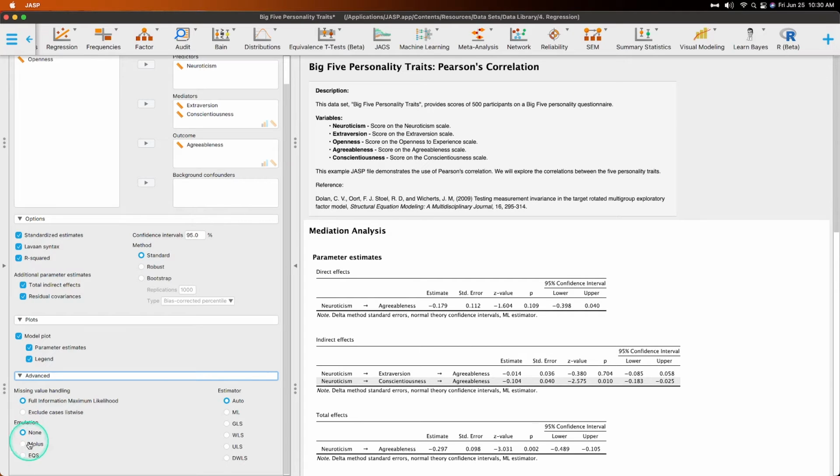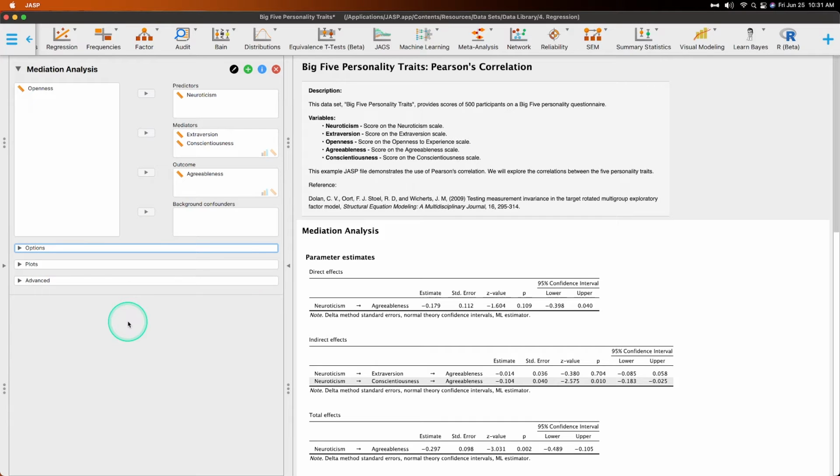You can emulate, although I think these emulation modes are best used for SEM as opposed to mediation models. And then you can use one of these particular estimators if you wanted to. Auto, as you can see, will probably default to maximum likelihood, but you can use generalized least squares, weighted least squares, unweighted least squares, and whatever DWLS is, diagonally weighted least squares, something like that. So I'm going to go ahead and close these because we've pretty much checked all of the boxes,